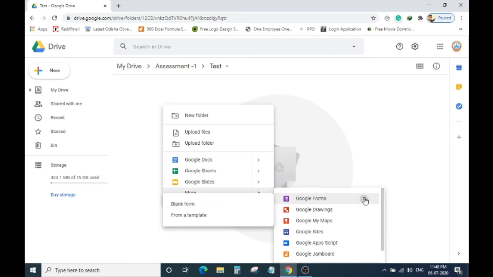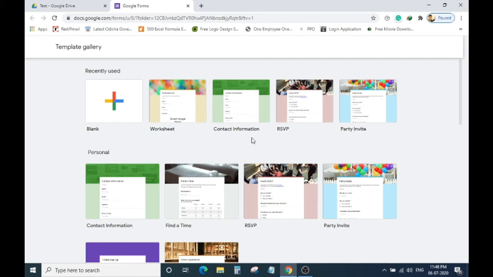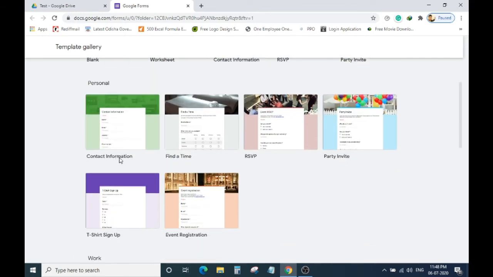You can directly click Google Forms, or you can go from a template. Click here. Many templates are there, like worksheet, contact information, RSVP, party invites, personal.